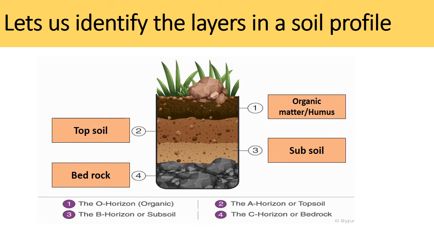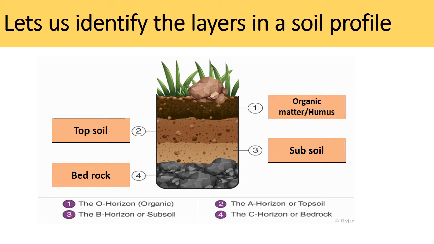Therefore the first layer of the soil is called the topsoil. It is the upper layer of the soil and this layer is rich in humus. Therefore it is somewhat dark in color compared to the other layers. It contains air and water so that it will facilitate seed germination, children. The second layer is the subsoil, which is below the topsoil and above the bedrock. The subsoil layer is somewhat lighter in color compared to the topsoil, children.